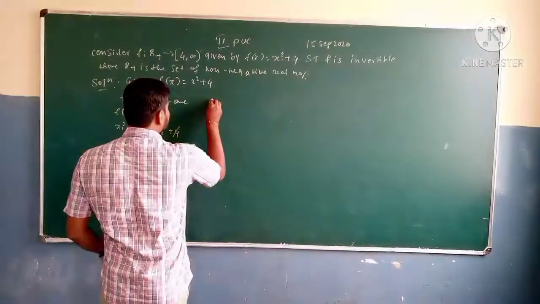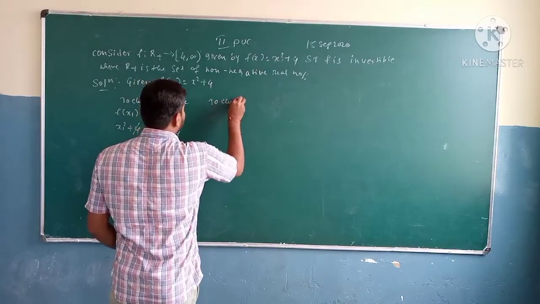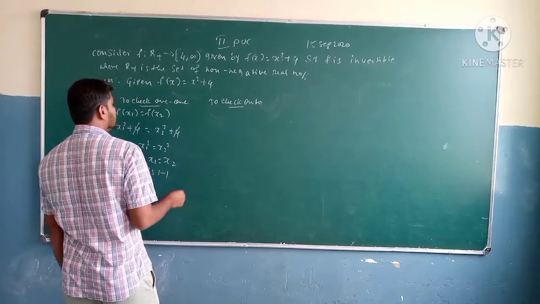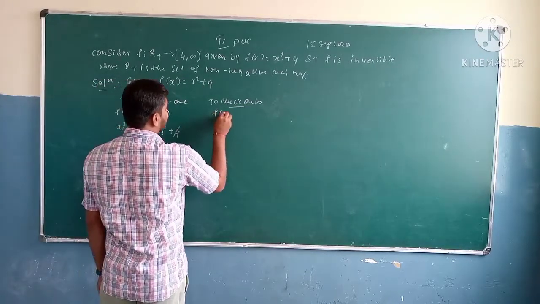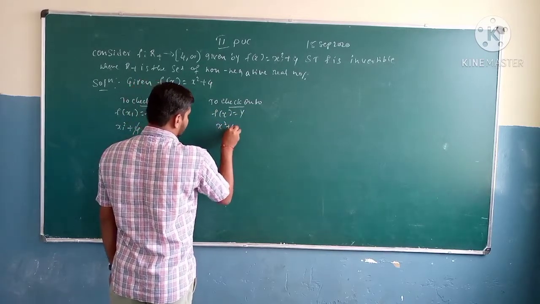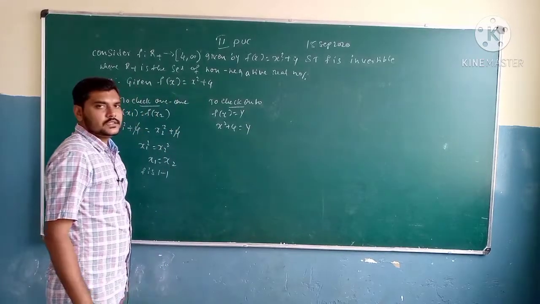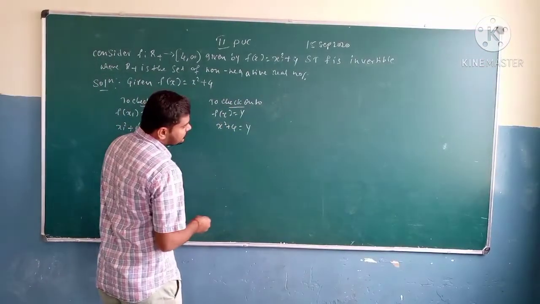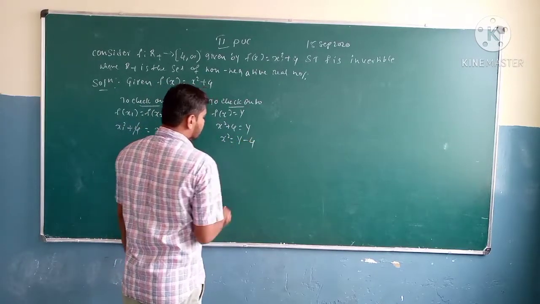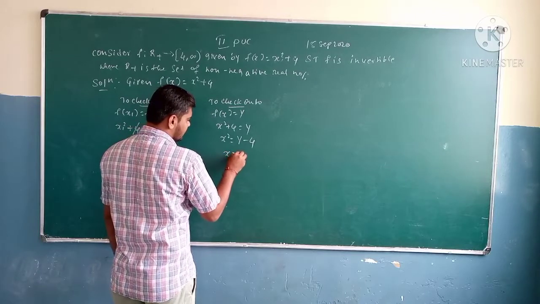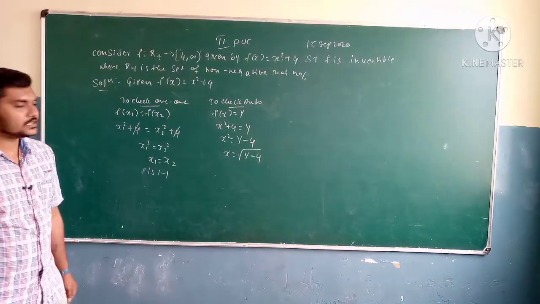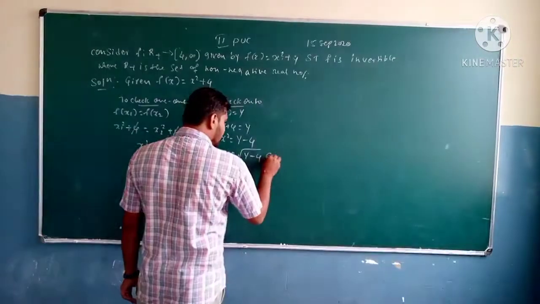So to check the onto function, observe here. f of x is going to be equal to y. f of x is nothing but x square plus 4, which is y. So y is replaced on the RHS, and x square is going to be y minus 4. Here I have solved only for x, so x is nothing but root of y minus 4. Does this root of y minus 4 belong to R plus or not?